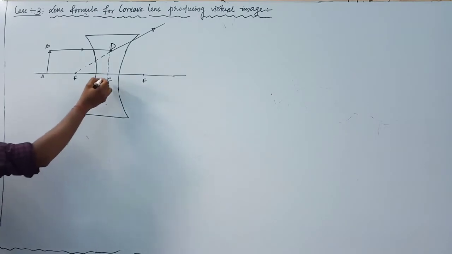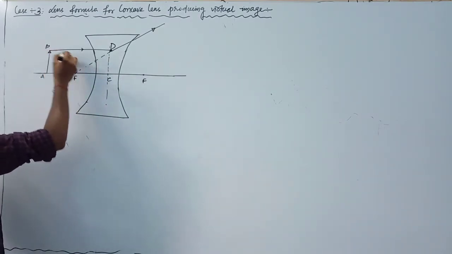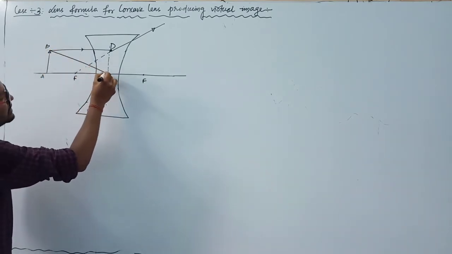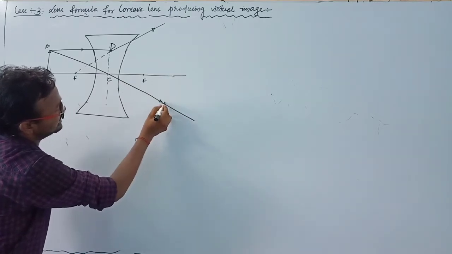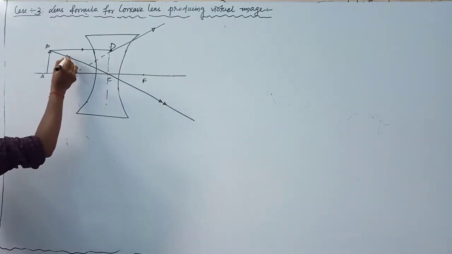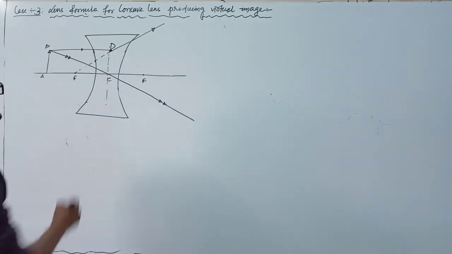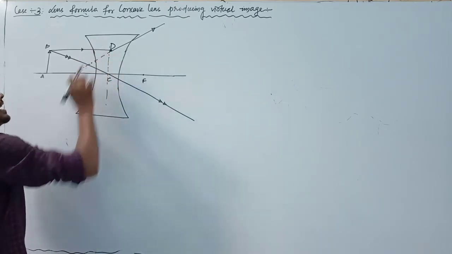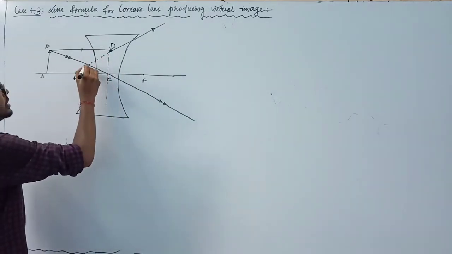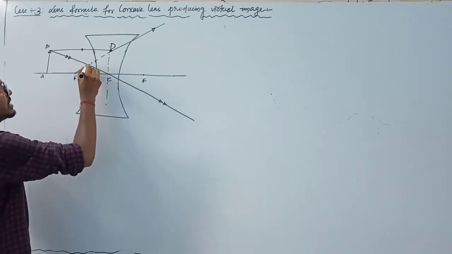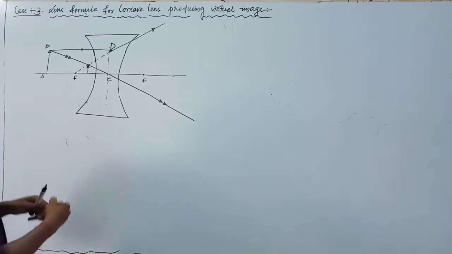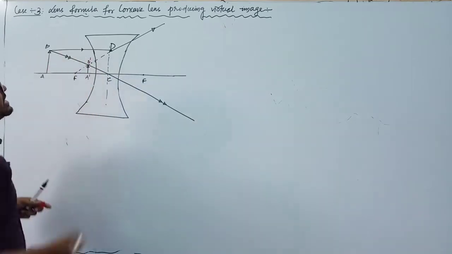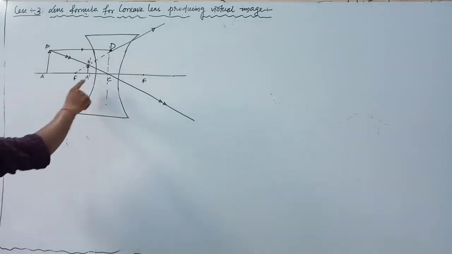Another ray you can take. If we take another ray which is incident on the optical center, it passes undeviated in this direction. This is the property of a lens. This is the second ray, and here the lines of action of the first ray and second ray meet at this point. So they form an image here. There is an image at this point, suppose this is A' and this is B'. Clear? So the final image we got is A'B'.